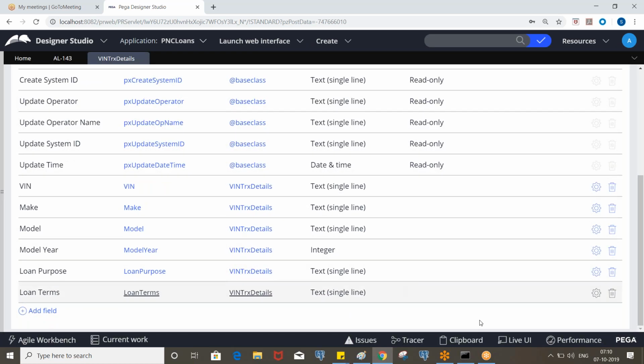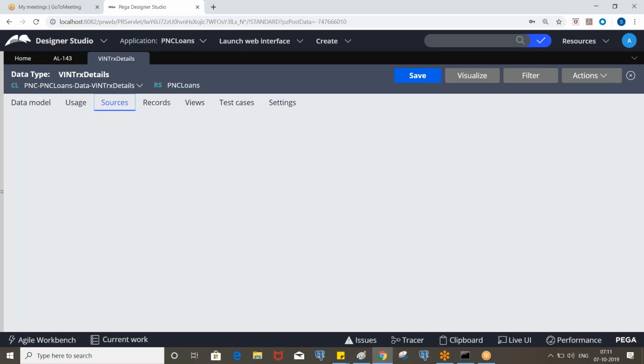Okay, so we need to insert the data dynamically, so we are not going to enter it here. Okay. So let's select the primary key as VIN.